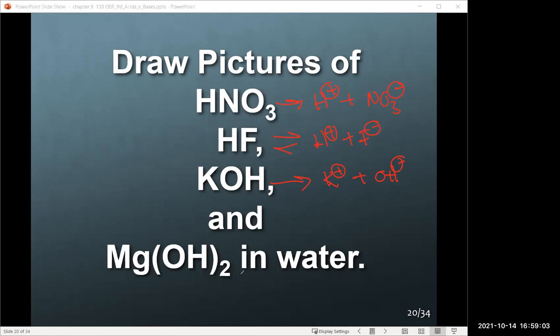And magnesium hydroxide we defined as weak, so we have the double arrow. But we have to show some ions. So the ions are magnesium plus 2 hydroxides, okay? And for the weak ones, we just show 1 pair of the corresponding ions. That's all we need to do. But we need to first identify strong or weak, then identify the ions, and then from there, go on to